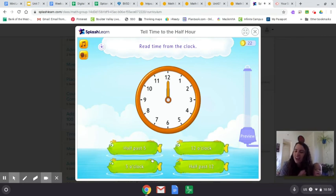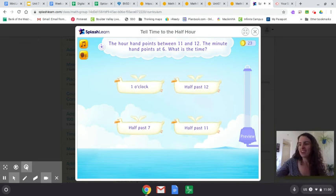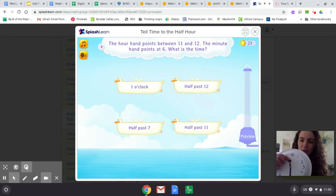On a roll. The hour hand points between 11 and 12. The minute hand points at 6. What is the time? Did you get it? The hour hand points between the 11 and the 12, so you know you're going to say 11 first, and the minute hand points at the 6. So what time is it? If the minute hand is at the 6, remember, that's our 30, pointing between the 11 and the 12. So you're going to say half past